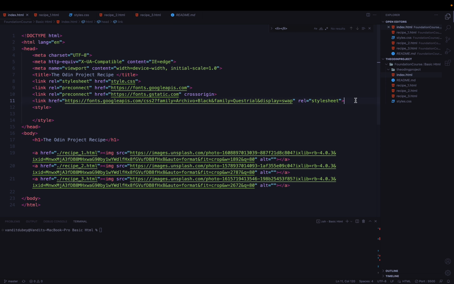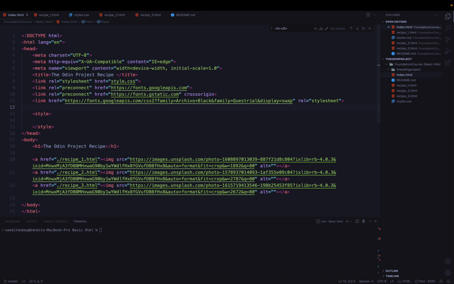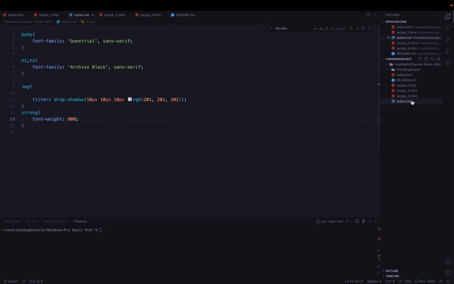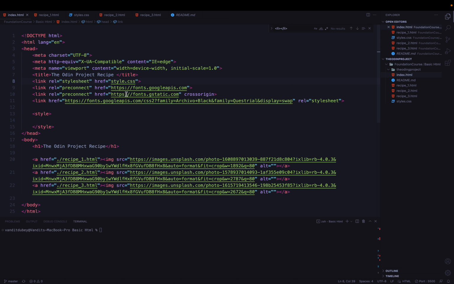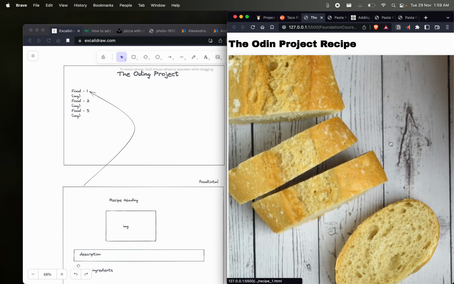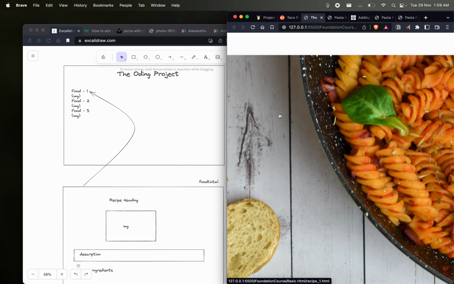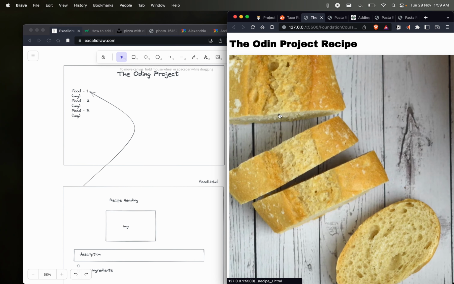And I think that styles.css, styles.css, okay, amazing. But still the images are not being